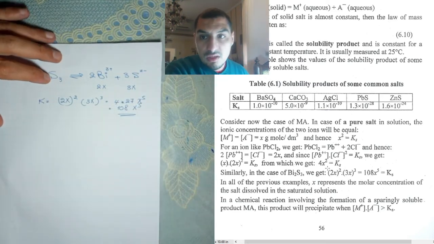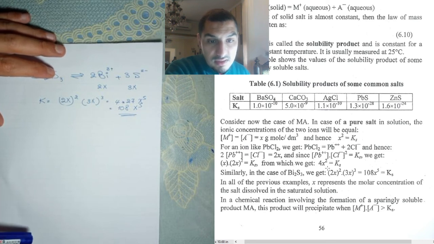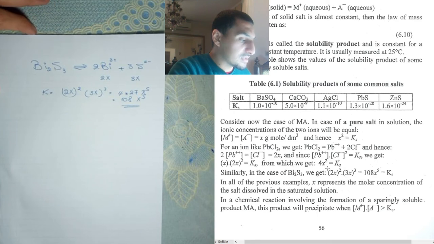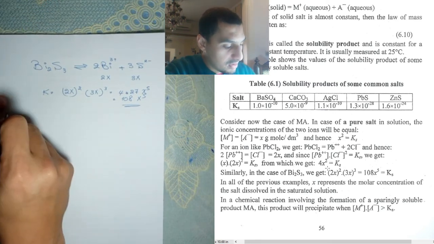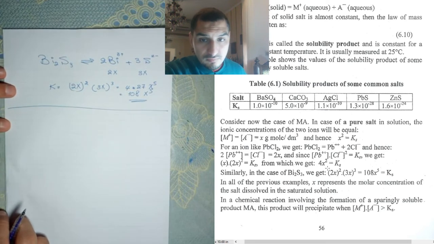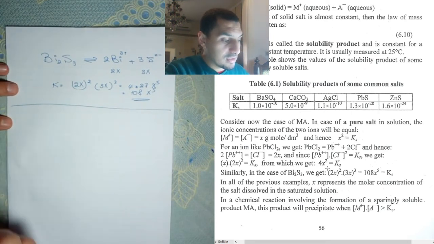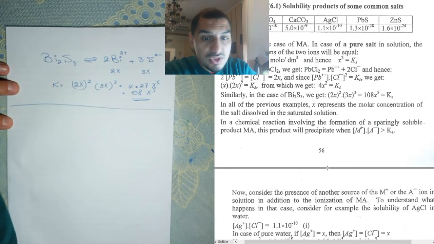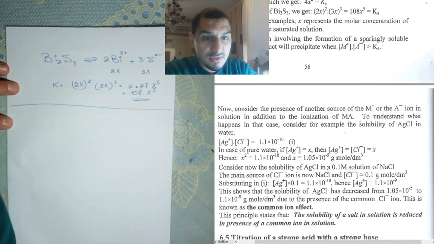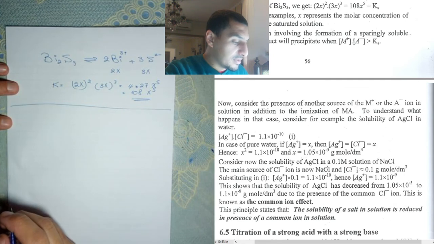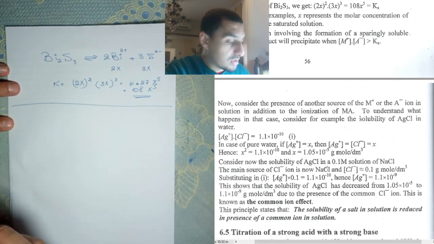Okay, so it's kind of nice that you can know exactly what the final concentrations are from only the solubility product. There is one other thing that is important from this solubility product of the salts, which is what we call the common ion effect. To understand what we mean by the common ion effect, let's consider the salt